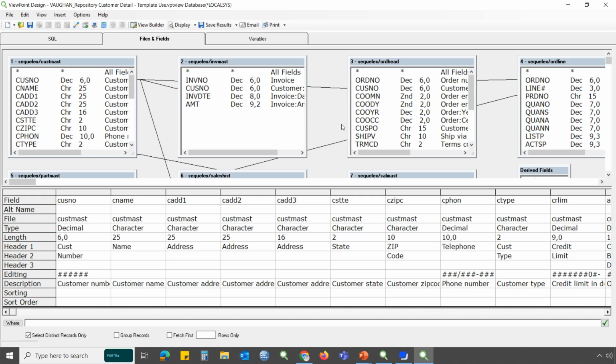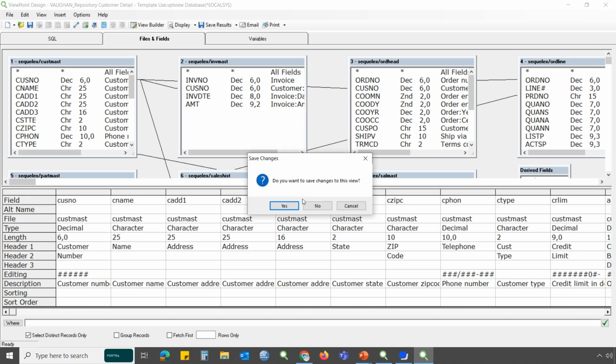Every change that you make on files and fields is immediately reflected on the SQL tab. These columns are going to be what's displayed. And then you can add custom formatting to your decimal fields. And you also have 3 different lines for creating customized headers. So maybe you want it to say customer instead of cust. Changes like that. Okay. I'm going to go ahead and exit out